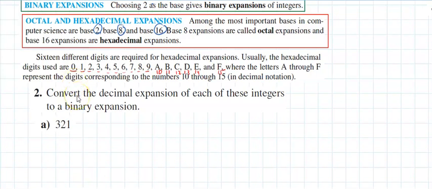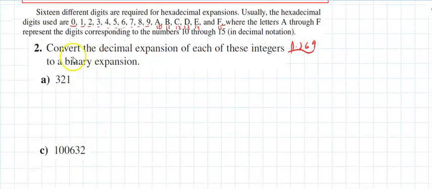So, on problem number 2, and this is on page 269, I'm going to do beyond what they're asking. They say convert the decimal expansion of each of these integers to binary. They want it to be 2. I'm going to do binary, octal, and hexadecimal in all of those. So 321, the way to do it, you would take